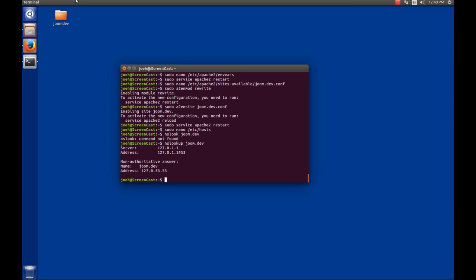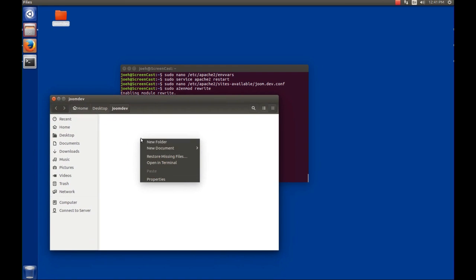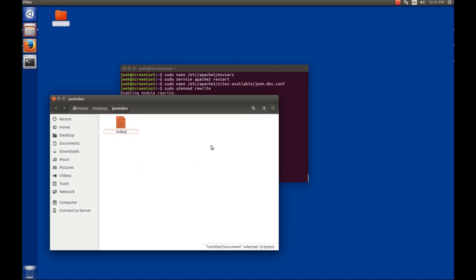So now the next thing we need to do is create a simple page. So I'm just going to double click this folder, and I'm going to say I want a new empty document here, and we're going to call this index.html because that's what Apache looks for. And then we're going to edit this file. I'm just going to open it with gedit,